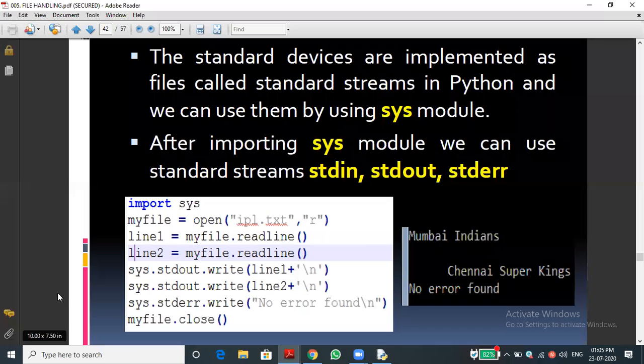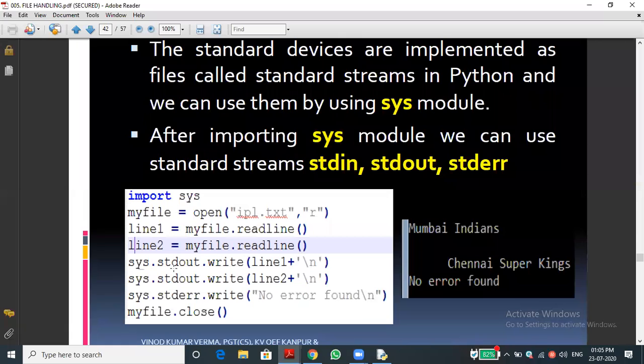Normally we use the print statement to print any data in the program. Instead of that, you can see sys.stdout.write. Where is it writing?